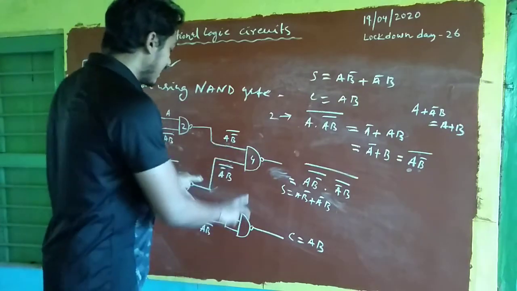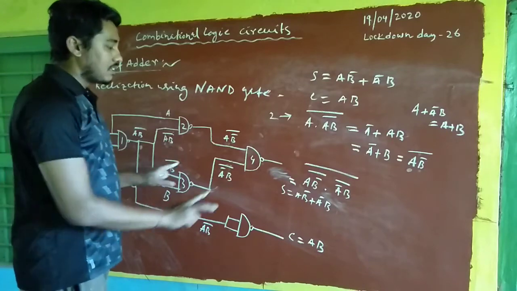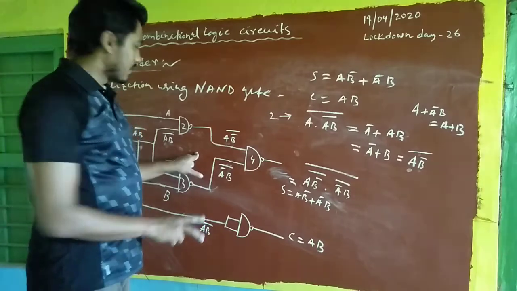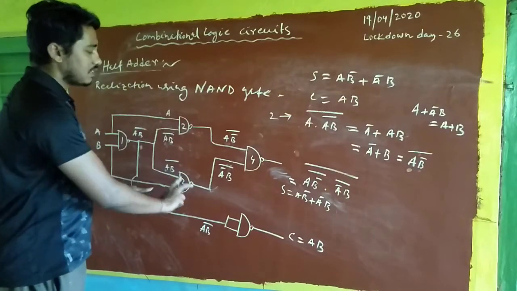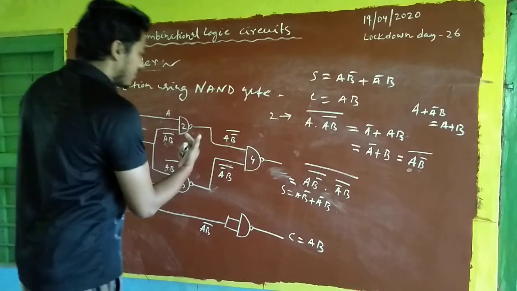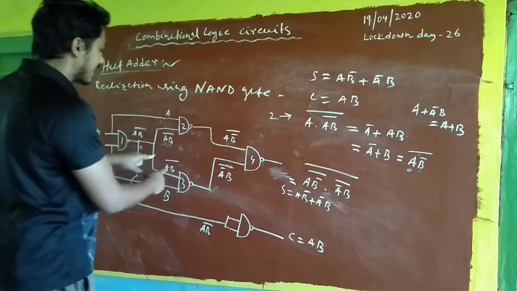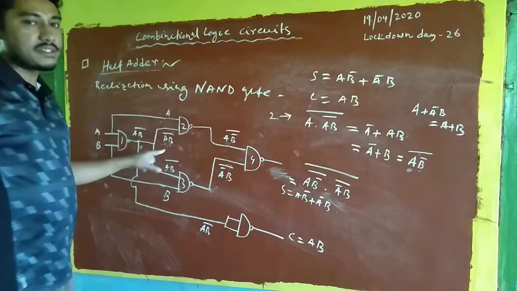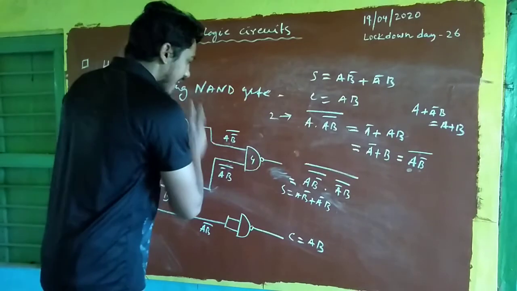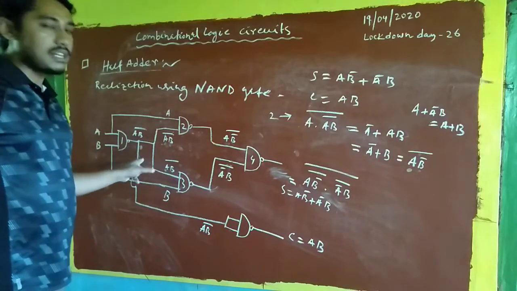Now wherever you find this type of XOR expression, we can design this XOR circuit using the minimum number of NAND gates. You have to follow these connections. If we directly write the input as A and another input as B bar, then more NAND gates are used. But using this connection, we can use fewer NAND gates here. Obviously our motto is to design any circuit using fewer logic gates.